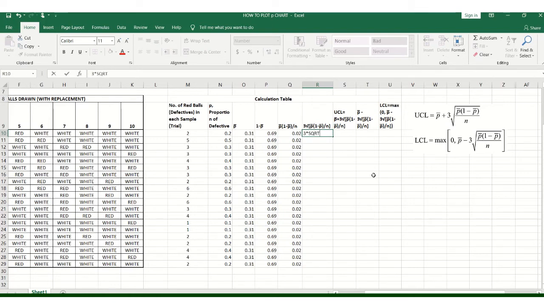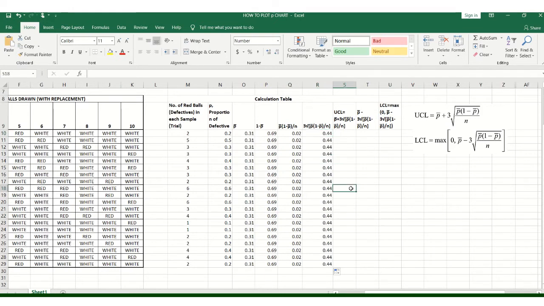in Excel, and this is what we have already computed. To activate the formula I just write equal to. Now you have selected it. Now this is what we have obtained as the square root. Okay, so this is just 3 into the square root of this term. So we have obtained this.